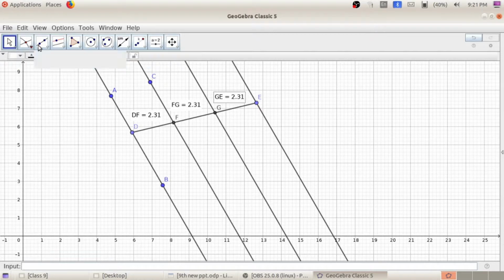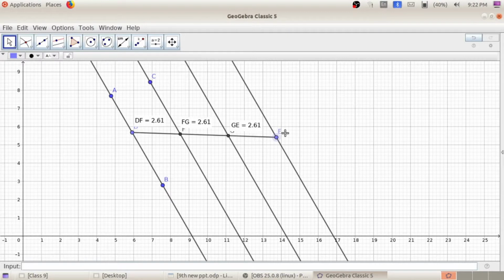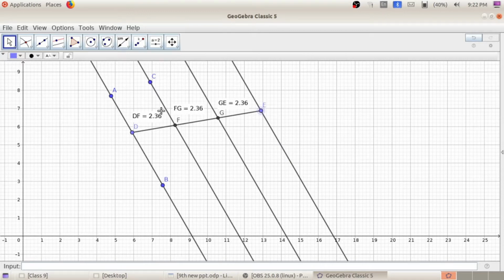If we use the line tool to draw these parallel lines, maybe the measurement will go wrong, which means that your activity goes wrong. By using the move tool, we can move this point anywhere and see the change. What change? All these lines have the same measurement. We can move anywhere, and all these measurements will be the same. So always use the parallel line tool to draw the second line. After that, if you use the parallel line tool to draw the third and fourth line, no problem.